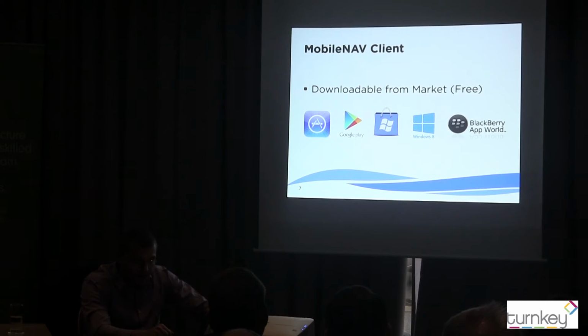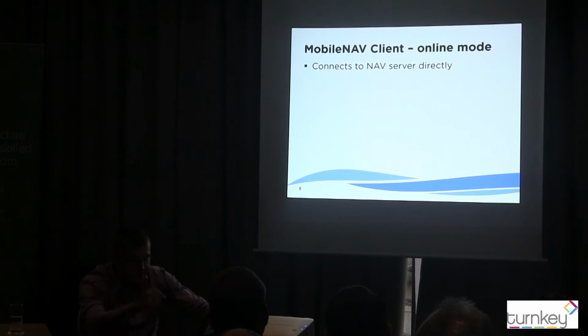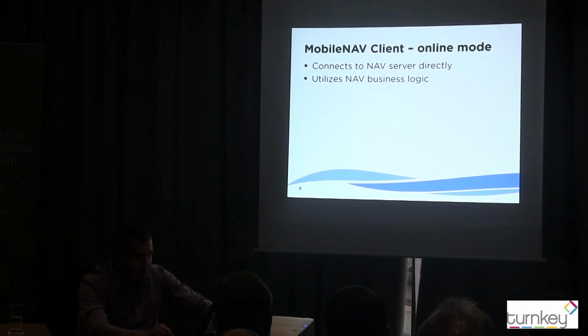Please try this out. If you download it, you will use the same client if you buy the product. Just the URL drives to your server. So actually the client is free and we are using the same client. So you can download it for free, or your clients can download it maybe. In online mode, it's connected to the server directly